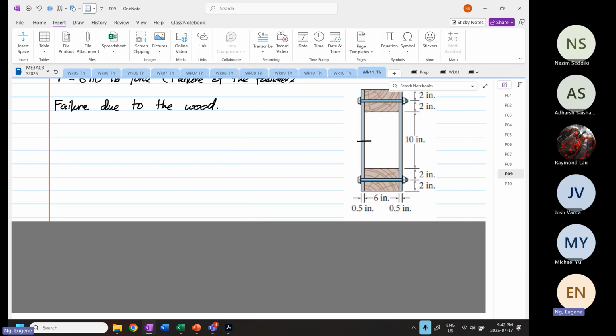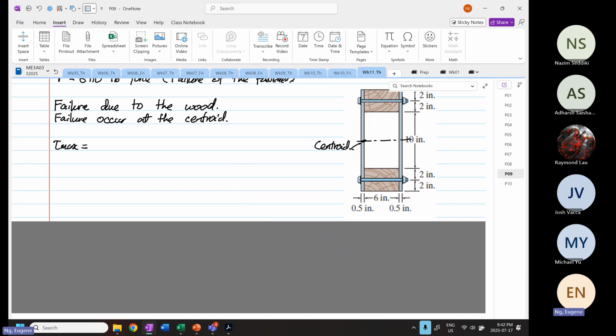failure occurs at the centroid. Okay, so this is our centroid. It means that failure occurs at the where? At the centroid. Okay, so when that's the case, again, we know that tau max given to us is equal